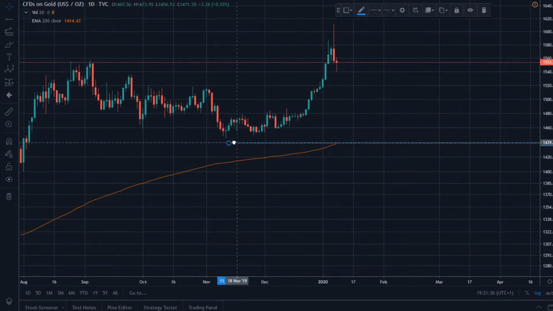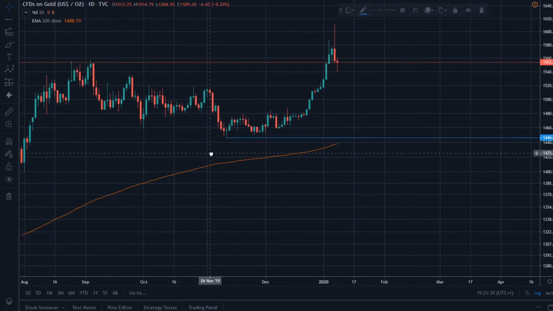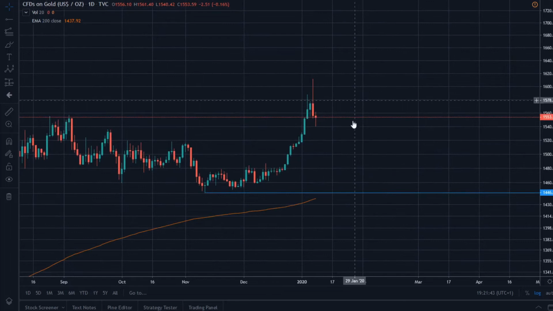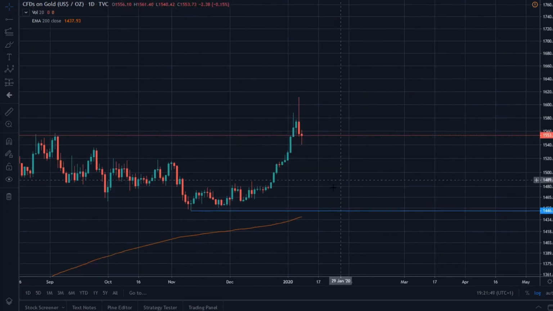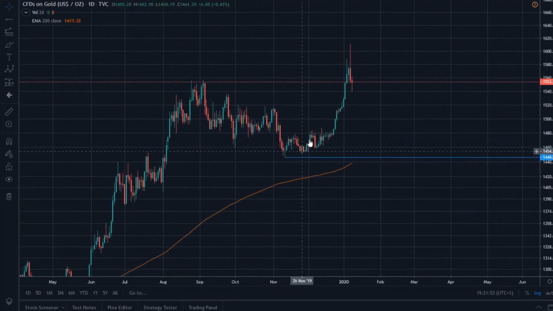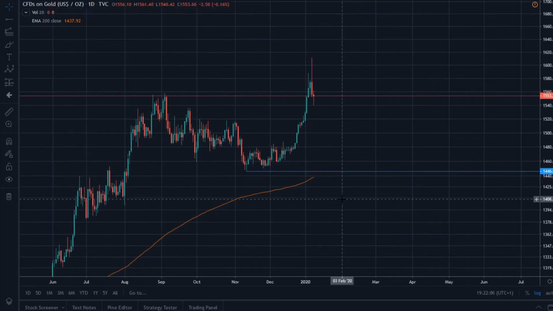That leaves us with another scenario, being that all of this is the beginning of the first impulsive wave, and the make or break for this is obviously this low. So if gold goes below this low, this scenario is eliminated as well, and we're left with an A, B, C or W, X, Y correctional move, and this Y move should go somewhere into this 1420-ish area. This looks like a harmonic target for this move down. Yeah.